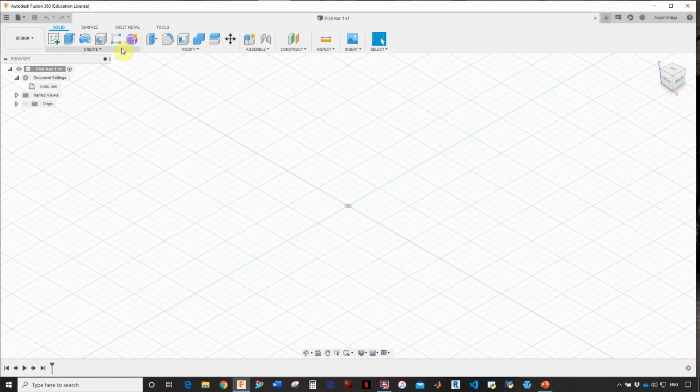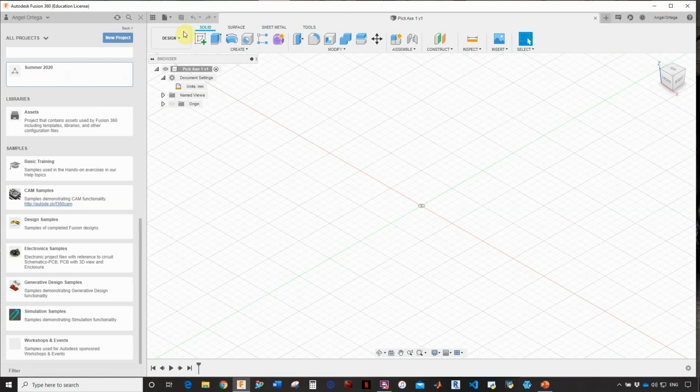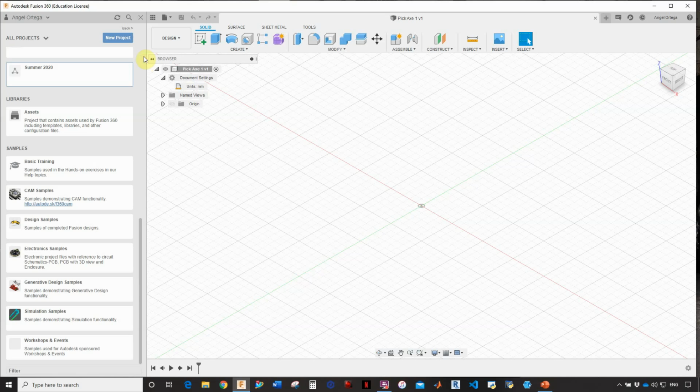Hello, this is a video tutorial on how to get started with Fusion. Once you download Fusion correctly and install it, and you sign in with your account, you should be able to see something similar to this, right? So here, if you hit this data panel icon, you should be able to see a menu that looks something